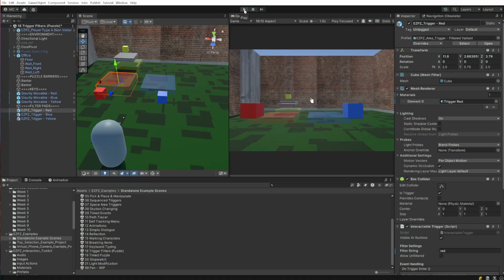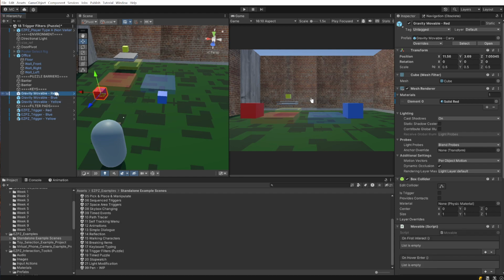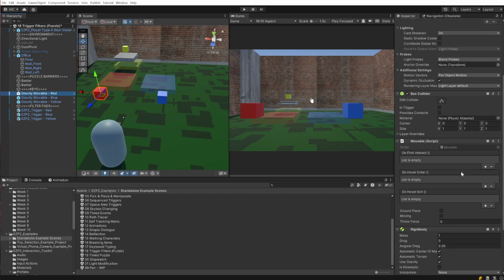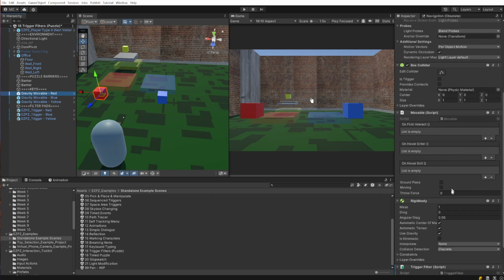Just a bit of a reminder, this isn't really about the filtering now, but this is more about the movable objects. If you want these objects to be throwable, because right now we're just dropping it, maybe you have another design where you need it to be throwable, then what you do is go to the movable script and add a value into the throw force. The reason why it just drops to the ground is because the throw force was 0. If we make that 5,